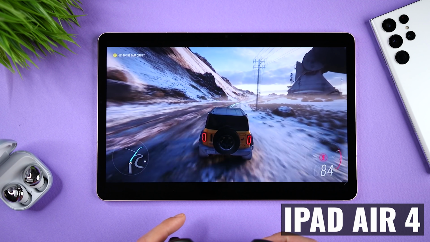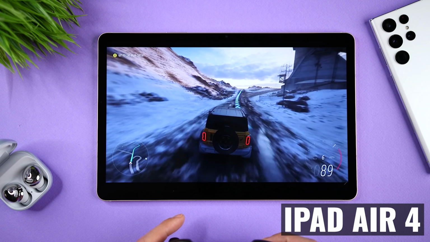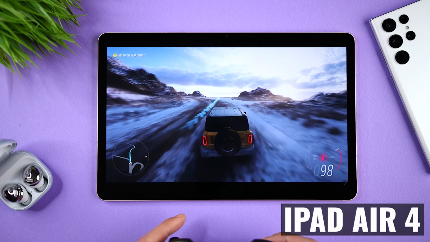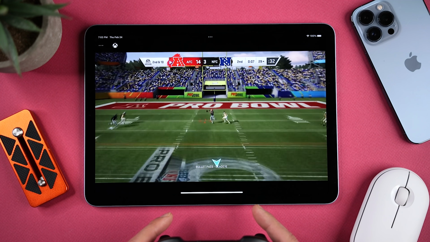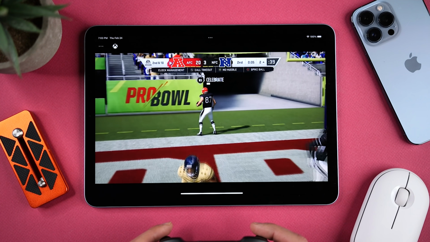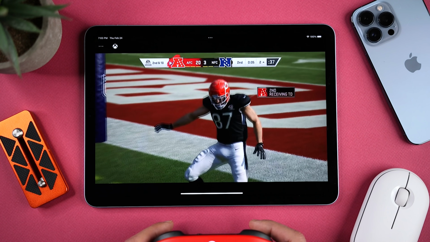When it comes to streaming games, I pair my Xbox controller, I fire up Xbox Game Pass, and I'm all set. Both tablets have beautiful displays, so the games look great, and of course both could run any game smoothly and without any dropped frames as long as I had a strong Wi-Fi connection. The Tab S8 uses Wi-Fi 6E versus Wi-Fi 6 on the iPad Air 4, but my current mesh network only supports Wi-Fi 6, and I'm curious to see what will happen when I upgrade.